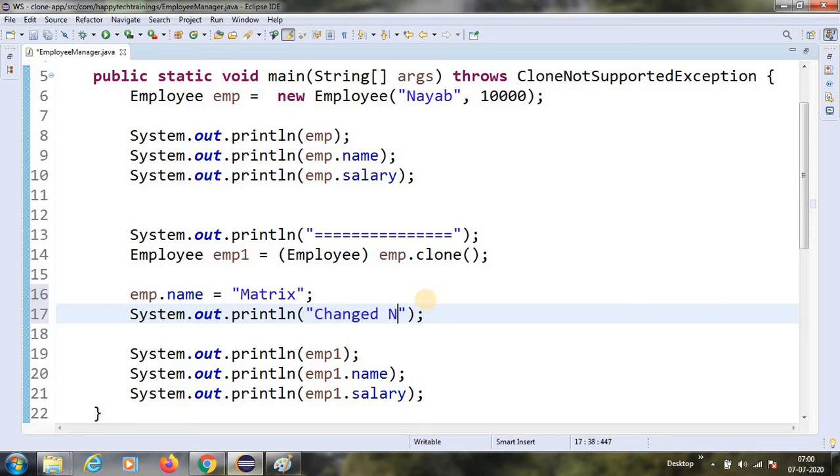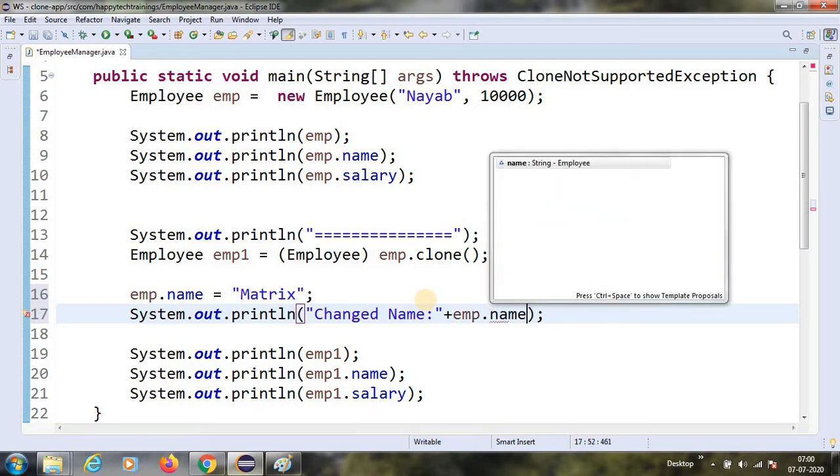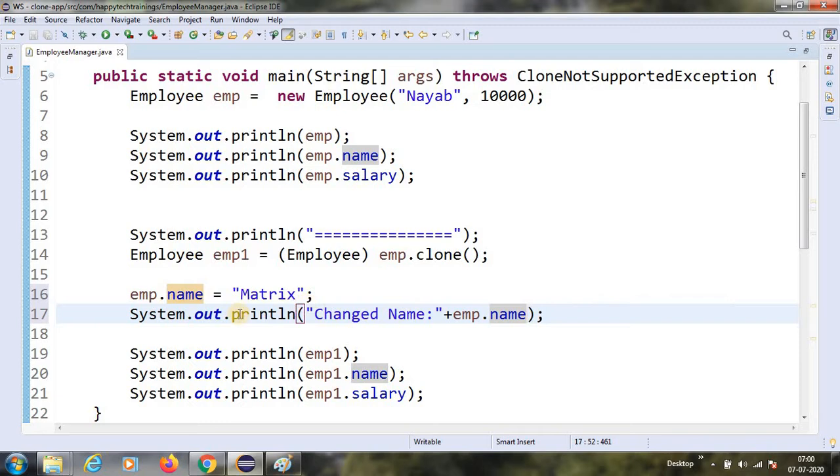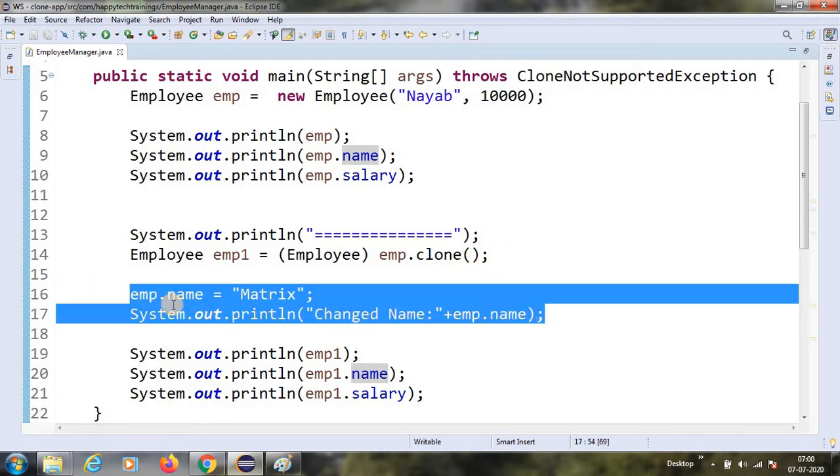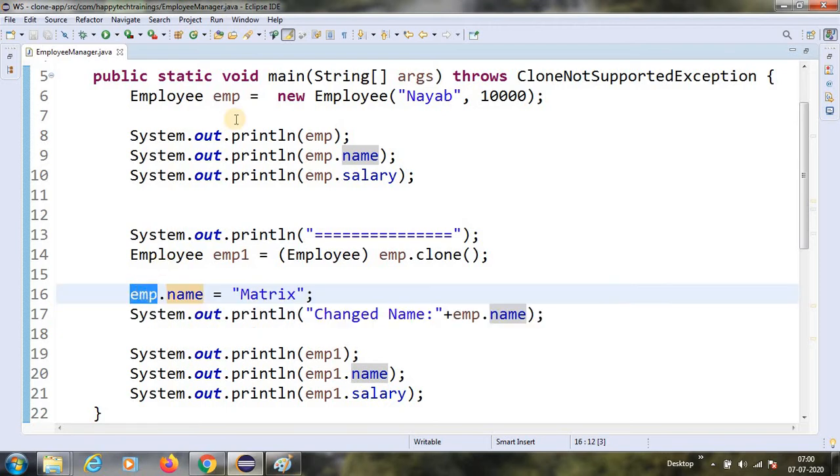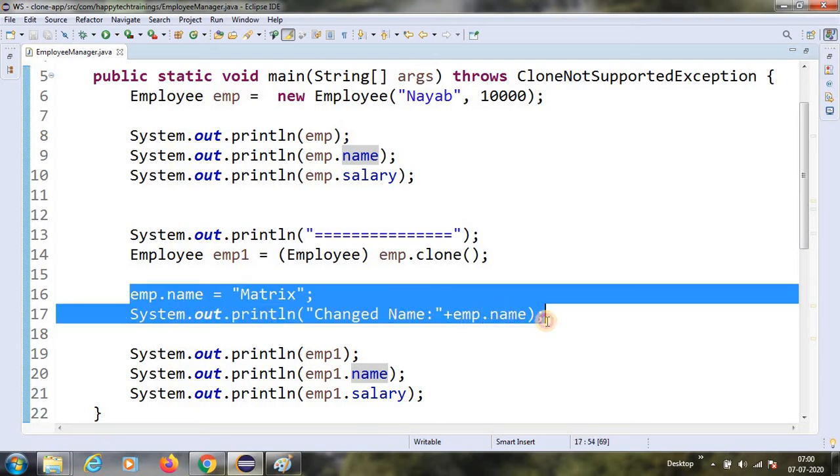So this is emp.name, and I am trying to print that. Let us run this. Guys, you understood what I have done? After cloning, I'm changing the actual object.